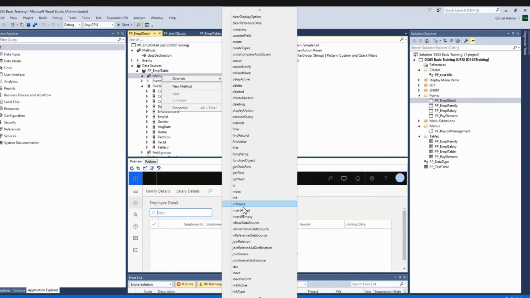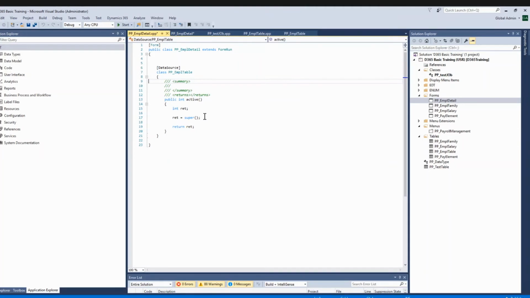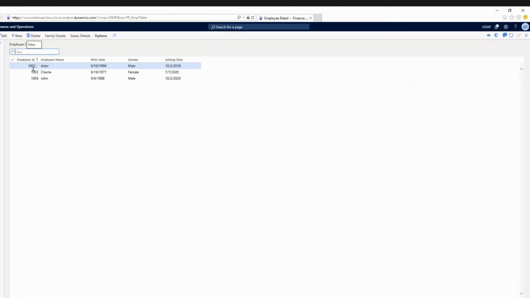We can see one of the methods. Let's take the first one, active. If I have a requirement to enable or disable one button, we'll see our form. Say I have to write business logic so that for this employee ID I want to disable this salary detail button, or only this button will be enabled for this employee ID. For Esther, only this button will be visible.